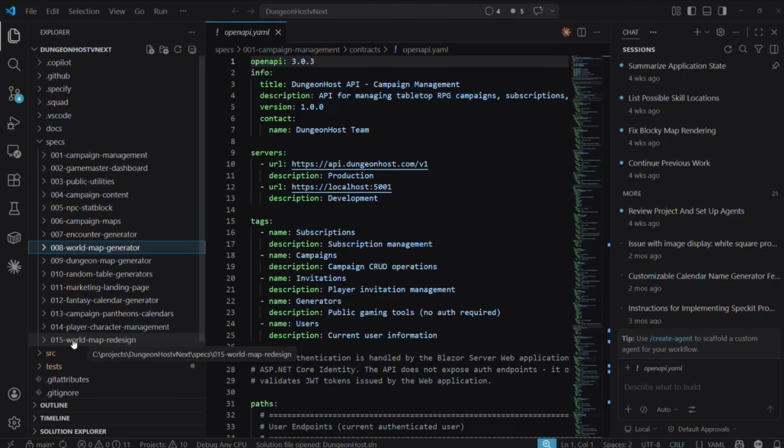So he says you feel like the Constitution was burning a lot of tokens for boilerplate checks, at least for me. So it can be. That's one of the whole problems with AI in general, whether it's a Constitution file or an agents file or Claude file or whatever it might be, these files get included with every pass of the context. You have to find that balance between what should be included in that, what should be the guiding principle, because you've got to remember these AI agents don't have any memory. From one request to the next, it has completely forgotten what it did in the previous request.